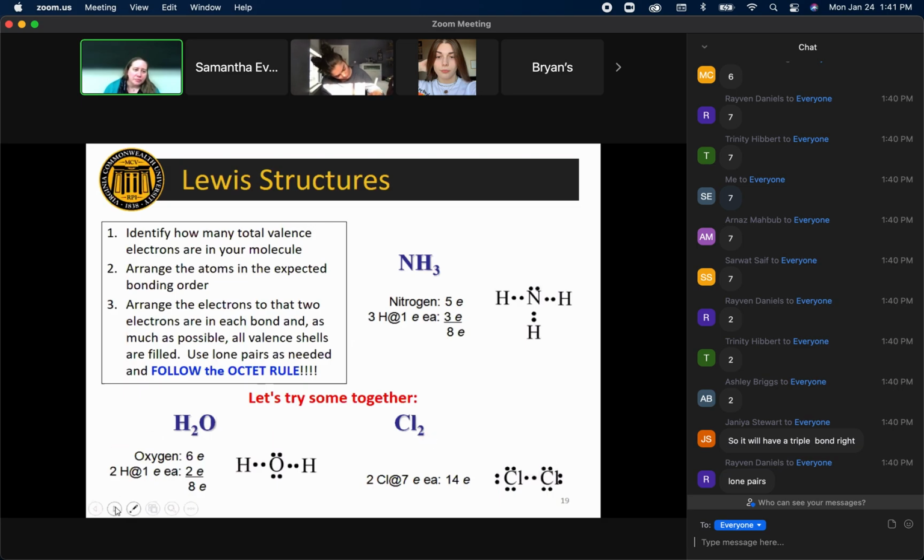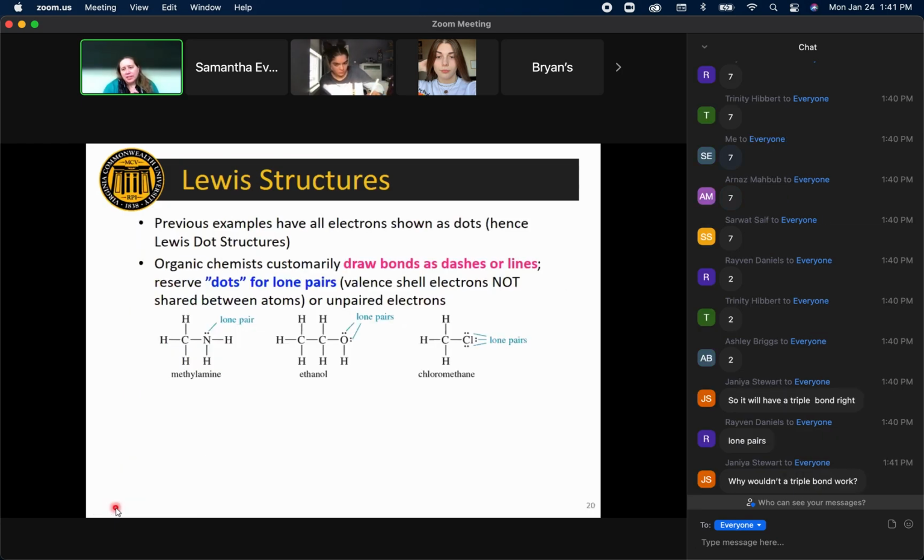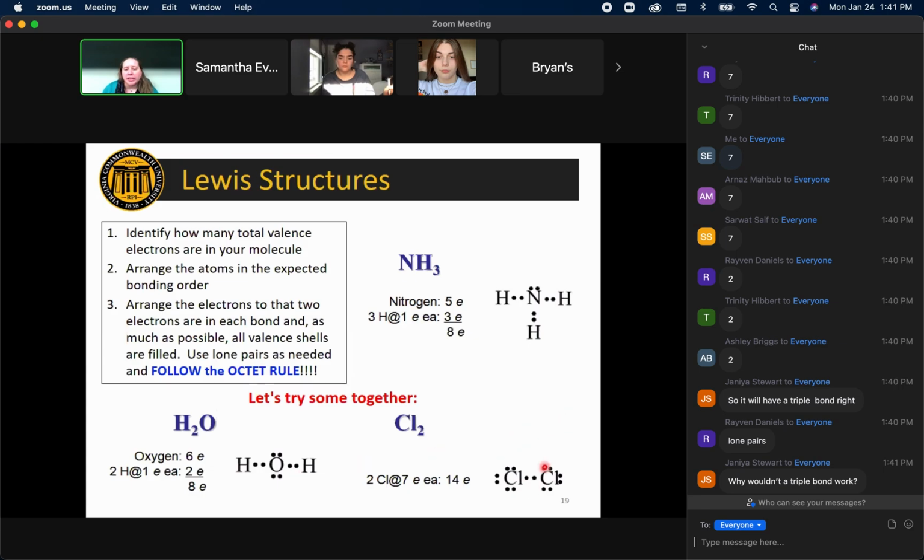Okay, let's keep going. So here, this answers the question about dots versus lines. Let me back up a little bit. Someone has asked about chlorine. Why wouldn't a triple bond work? You can draw this out and answer this question for yourself. If you were to draw out